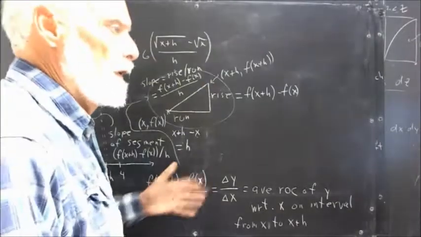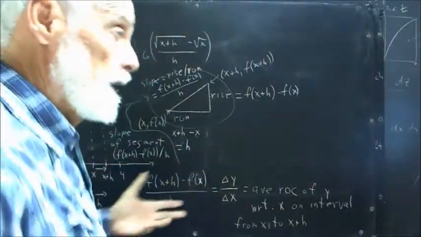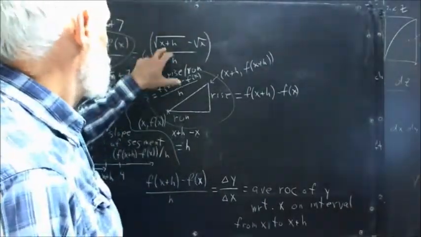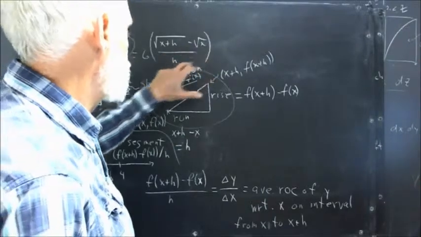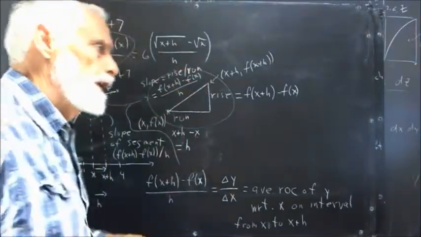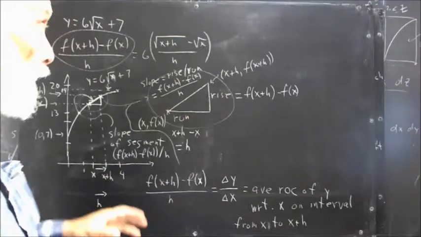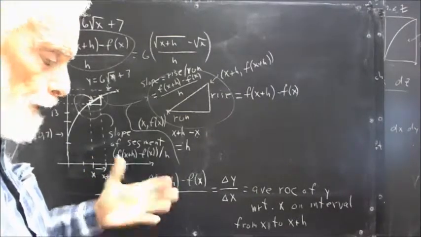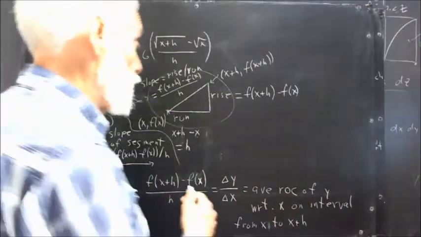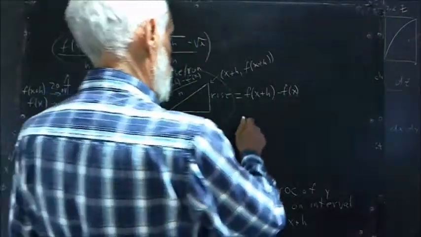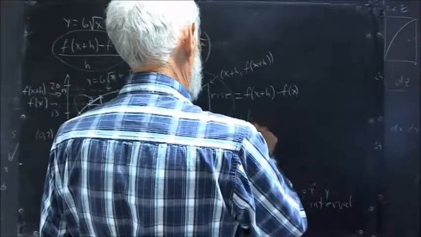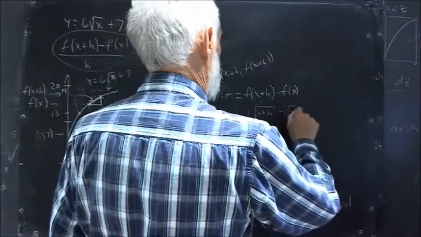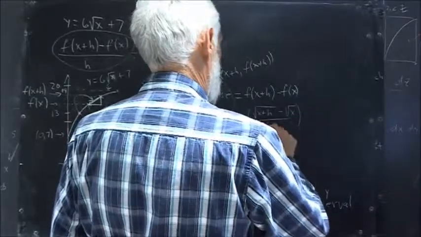Now there's one thing that actually turns out to be fairly neat, although you might not fully appreciate it. This expression, the square root of x plus h minus the square root of x over h, can be, in a sense, rationalized in a way that's very useful. It's kind of the reverse of the way you usually see things rationalized, but let's do this. 6 times the square root of x plus h minus the square root of x over h